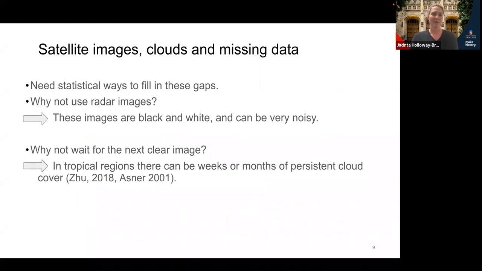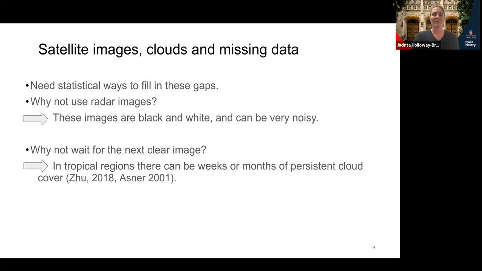So there are a few things I wanted to talk about in terms of using the images, because there are a few ways around the problem with the missing data. So the way that I've gone about it is looking at statistical ways to fill these gaps. There are these images called radar images, which don't suffer from the cloud cover problem because basically how they work is the satellite shoots a beam of light through the cloud and then measures how quickly it bounces back. And based on those measurements, it tells us something about what is on the ground underneath. So it's really good for things like biomass, identifying where buildings are, things that are taking up more. It's sort of like a 3D measurement.